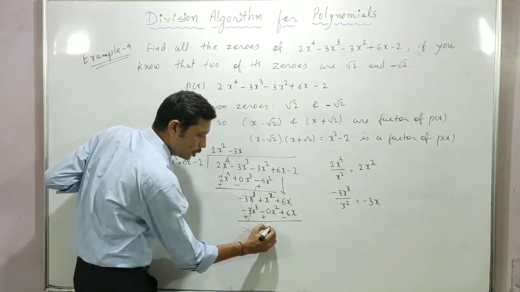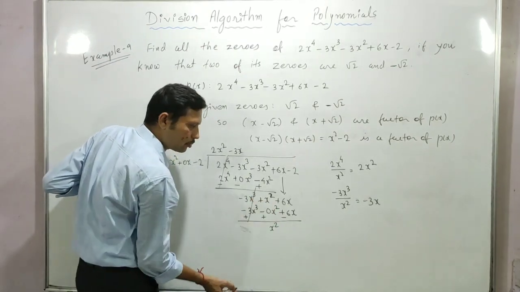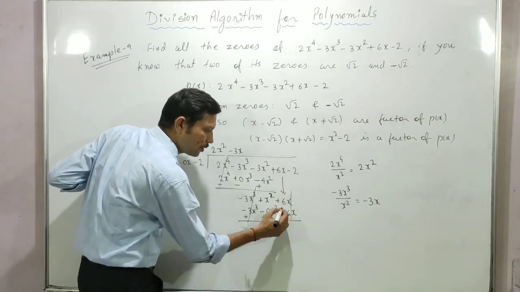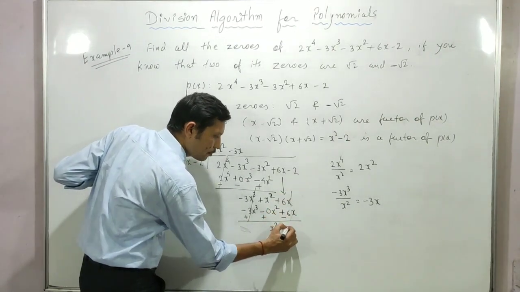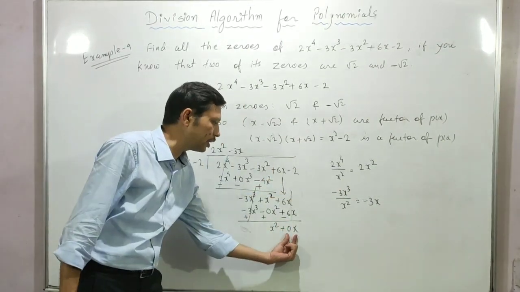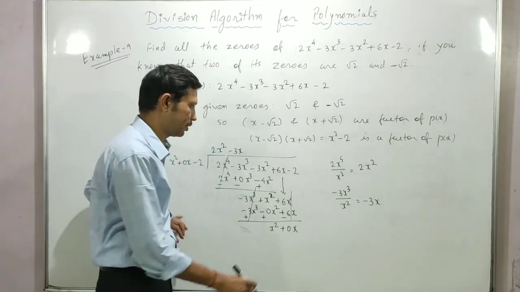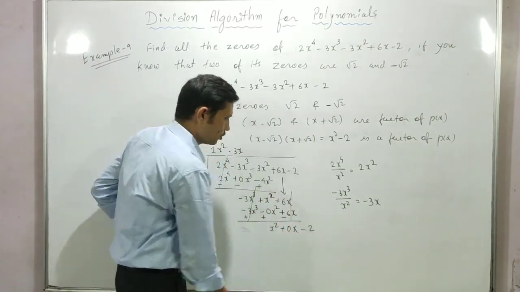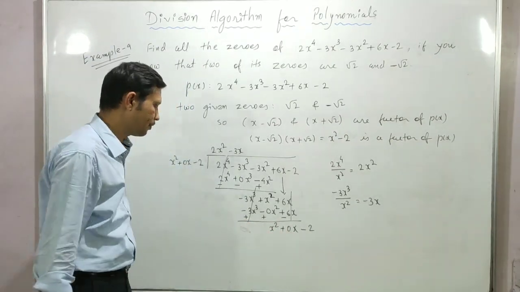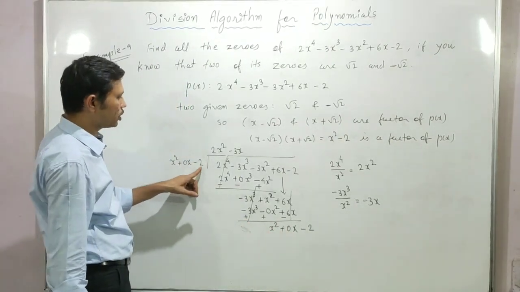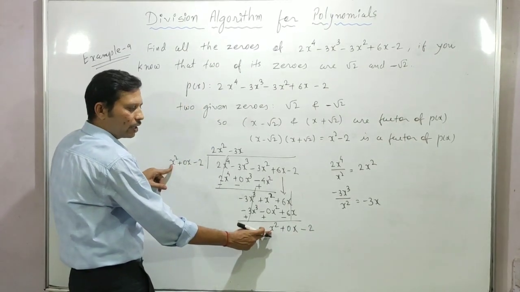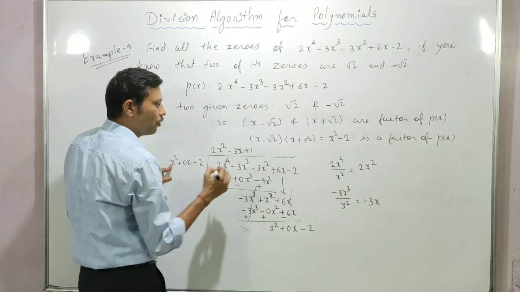It's a 0 term, so the upper term is x square only. Here 6x and minus 6x, so again they will be cancelled out. What is left? Plus 0x. See, again we have one term, so between that term coefficient 0, we have to take it. Minus 2, it's completely cancelled out, so nothing left. So take 0 as a coefficient. Okay. Now x square, 0x minus 2, x square, 0x minus 2. First term x square, first term x square. When x square is divided by x square, it will be 1.